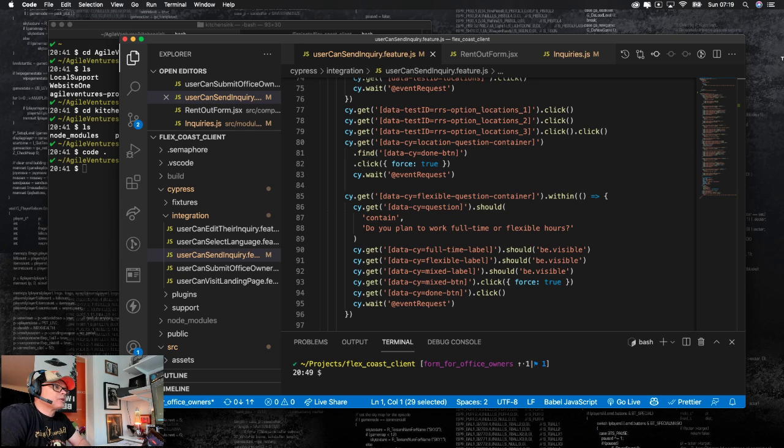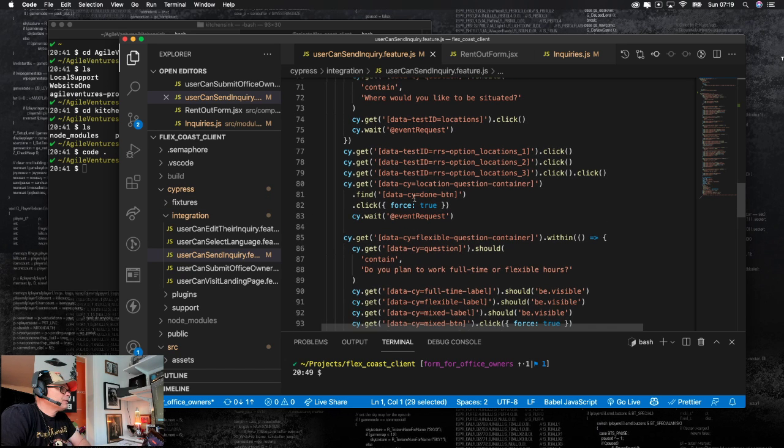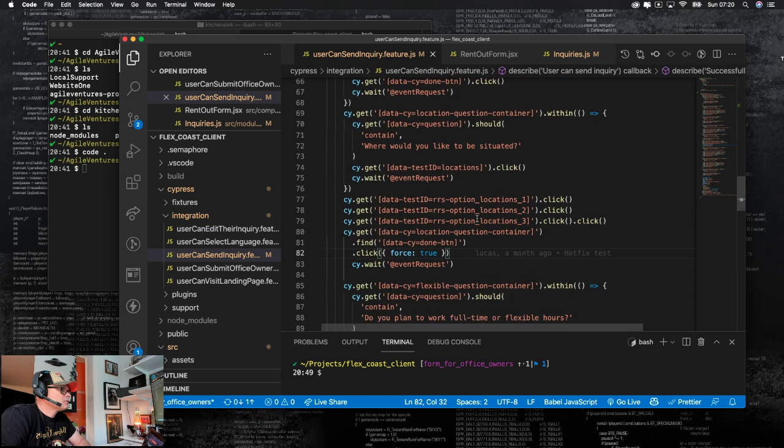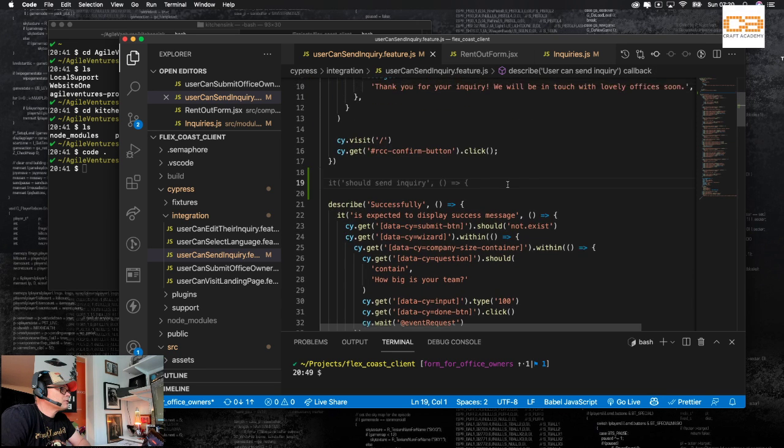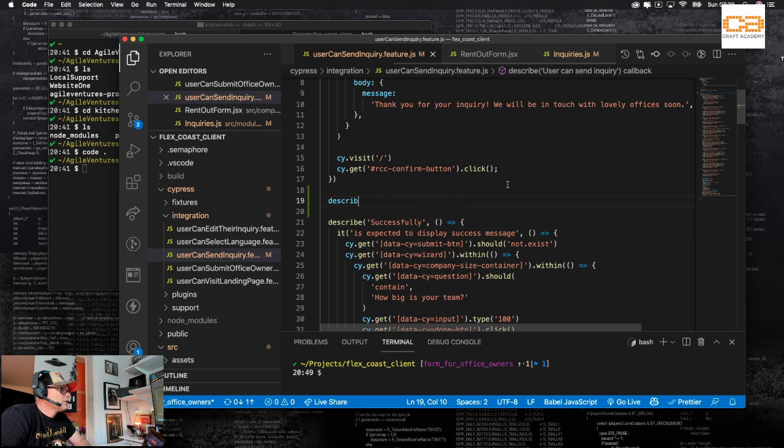I understand there's a lot of stuff going on sometimes. There is optional locations. Let's just get rid of this.